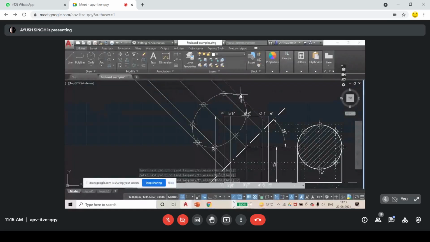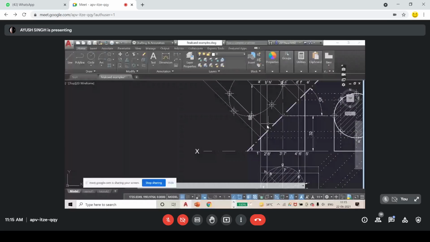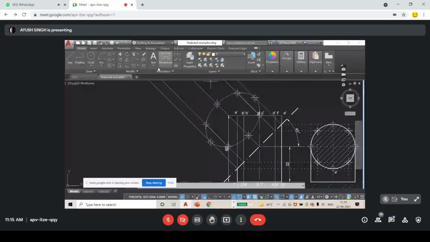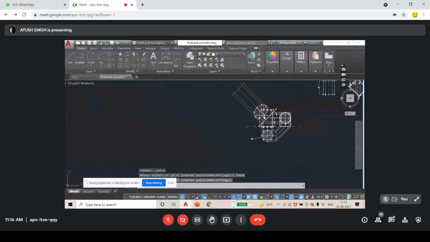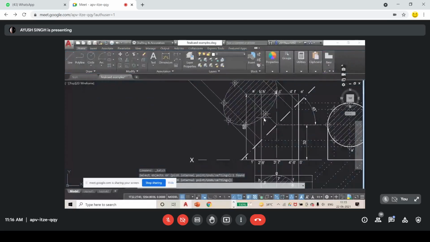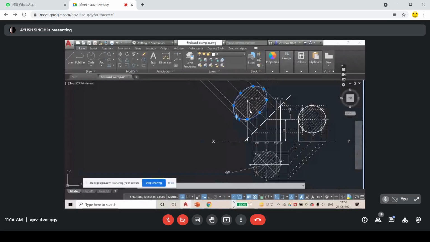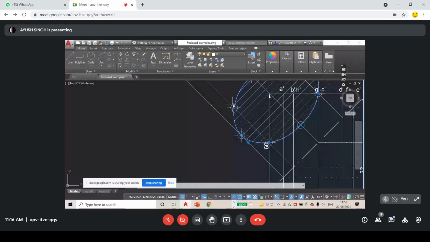Now this is a section of this section 2 shape, so I have to hatch it. Press hatch, click on this, close hatch editor. I hope you guys understand. This should not be here. What I do? See, I just copy these, so that you are clear, because it is intersecting my cylinder only.